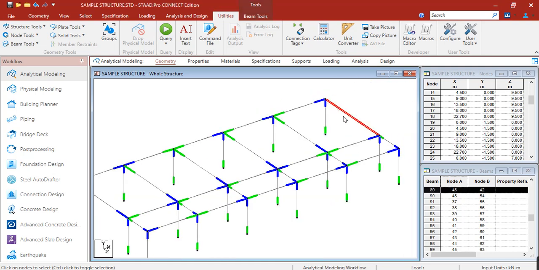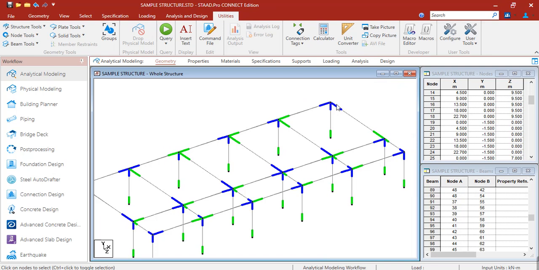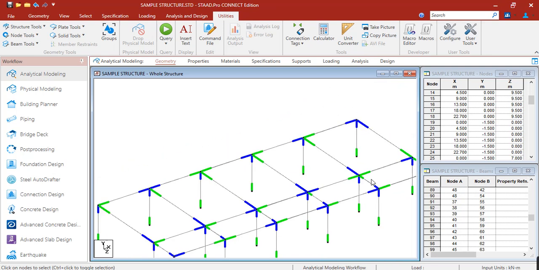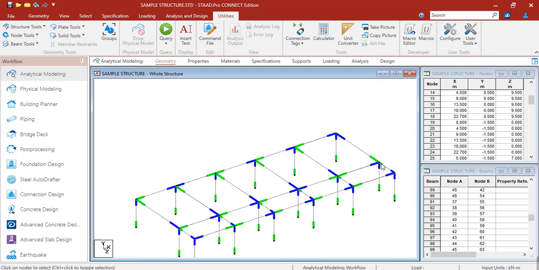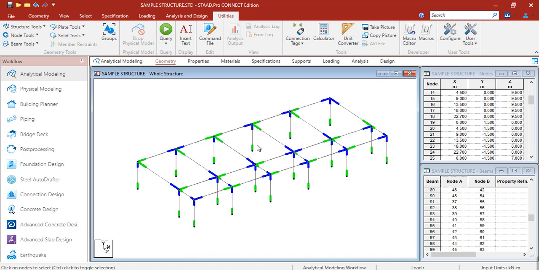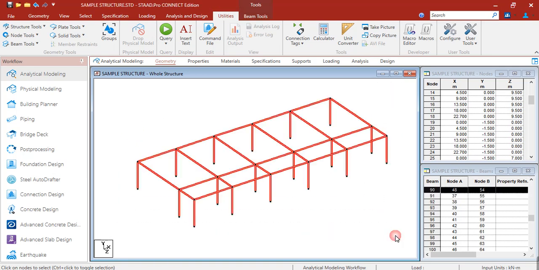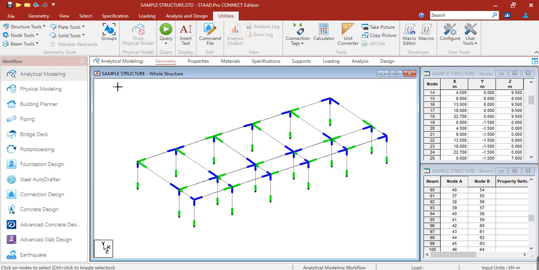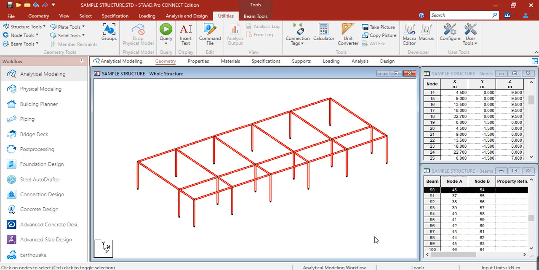We also have here the end node at the left, at this side, and this is the start node. In order for you to fix the beam incidences without selecting all the beams, you can just select the whole structure. Drag from left to right or use Control A.